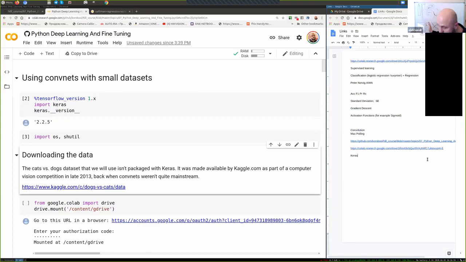So this is about gradient descent. If you want, we can dig deeper into gradient descent in the future, but the main thing here is to make it possible to go directly to